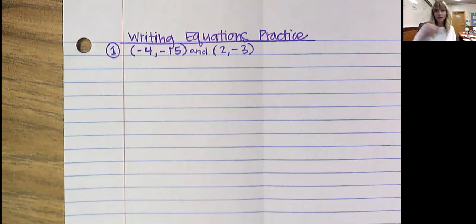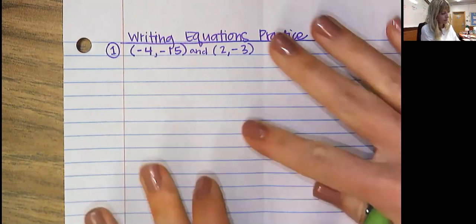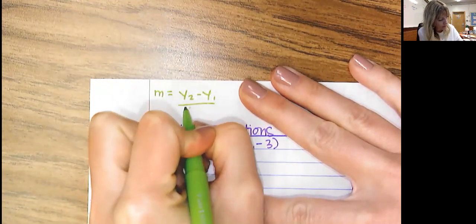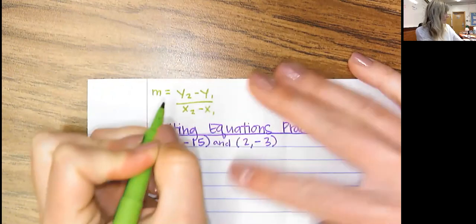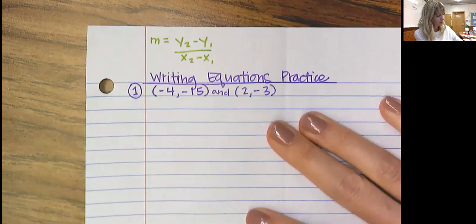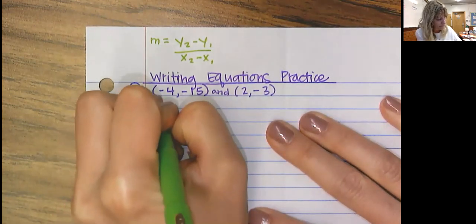So the first thing we're going to do is use the slope formula. I might even write it up here on the top of my paper so that I remember. Y2 minus Y1 over X2 minus X1. I'm using the slope formula to find the slope. Here I go. M equals